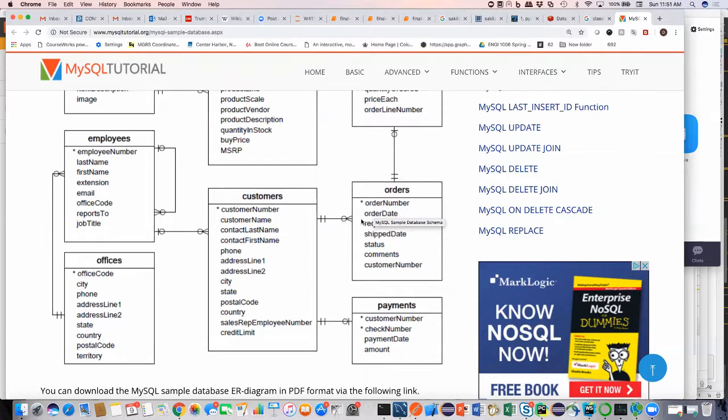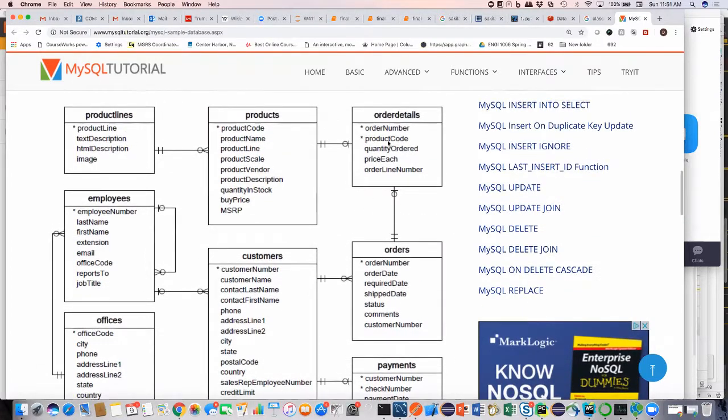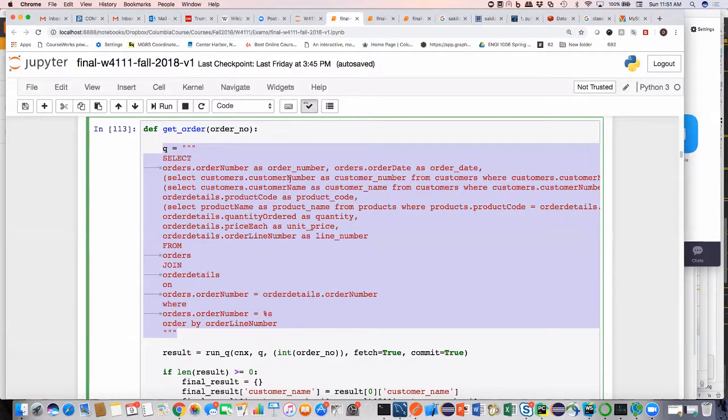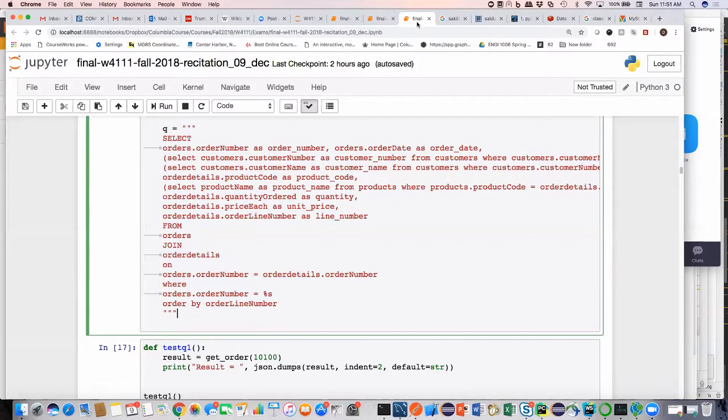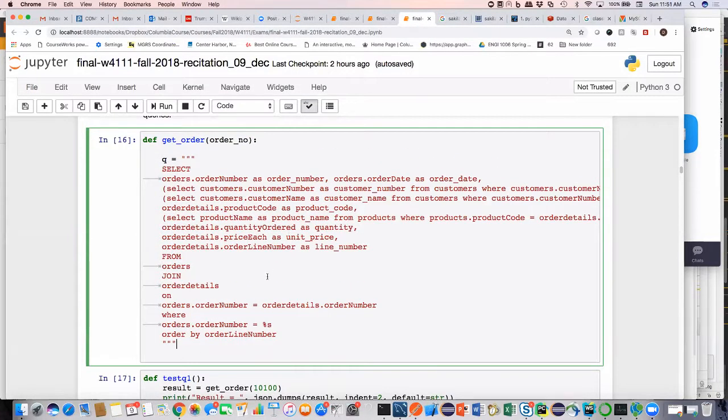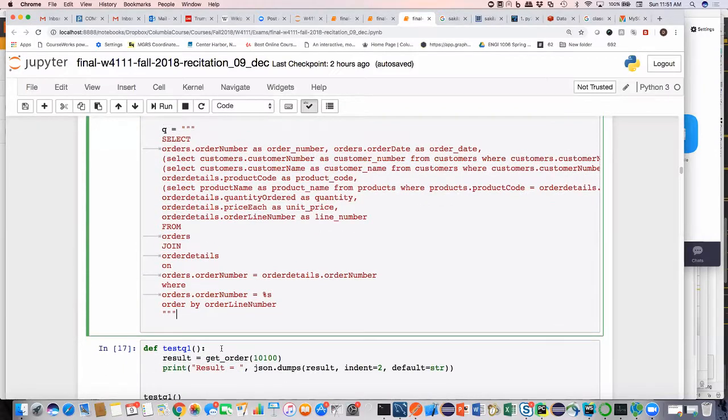But I would then have to join that with order details. So the first problem I have making this look good for people is, if I just run this query,